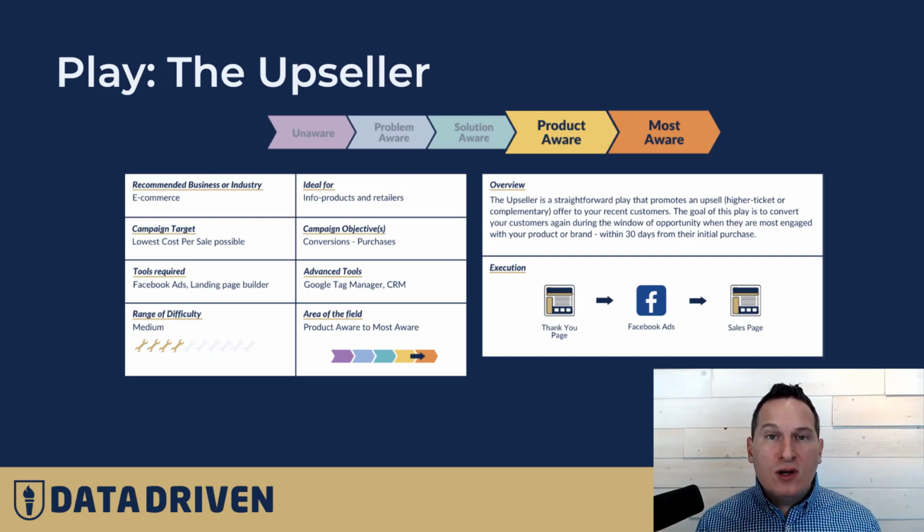But studies show the best chance that you're going to have of getting somebody to buy from you is immediately after they just bought from you. Now, it sounds counterintuitive. You might think, well, they don't have any money left. But trust me, once somebody's in the buying mode, once they have their credit card out and they're ready to purchase, the next purchase is not so far-fetched, and people do buy in droves. They do buy things in really tight clusters, and you can take advantage of that by doing an upsell campaign and immediately targeting them to buy the next thing, the missing link, the next piece to what they're doing, based on their behavior, targeting them on Facebook ads.